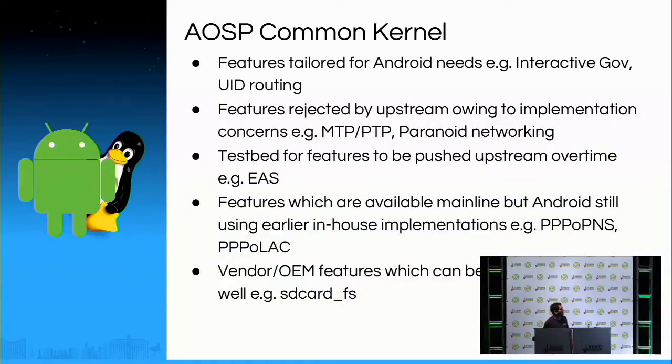For example, MTP, PTP is there. Then there are a few patch sets or features which use AOSP common kernels as a test bed before they try to push them upstream or use them in their products. Then there are a few features which are available in the mainline tree now, but were not available back then when Android created those features to support the Android operating system. And then at last, there are a few features or patches which